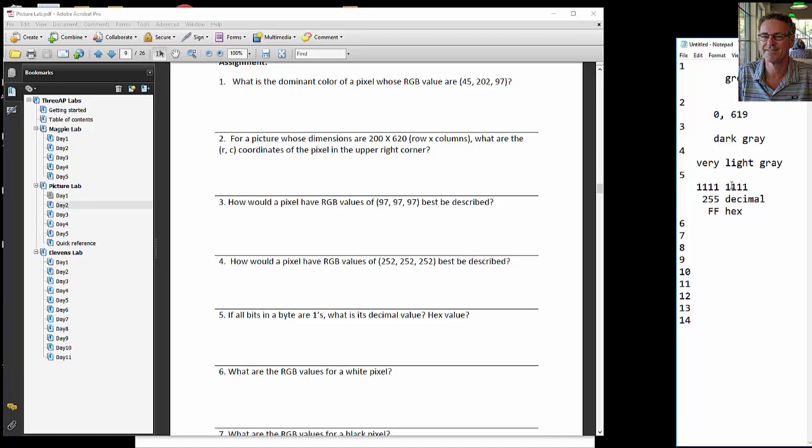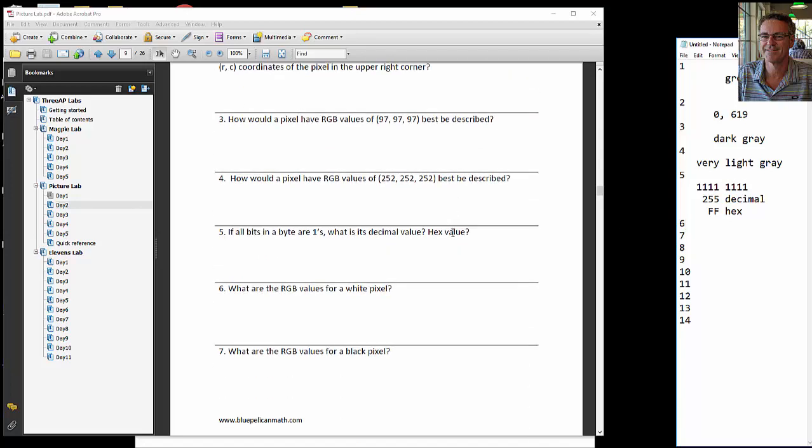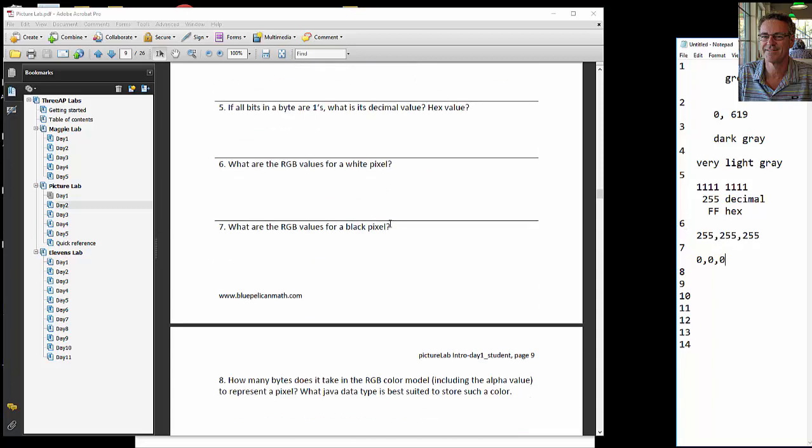Okay. Number 6, if that's confusing, talk to me. Talk to a neighbor, talk to me. Make sure you understand that. Number 6, for a white pixel, it's just all 255s. 7, black pixel, all 0s. 8,